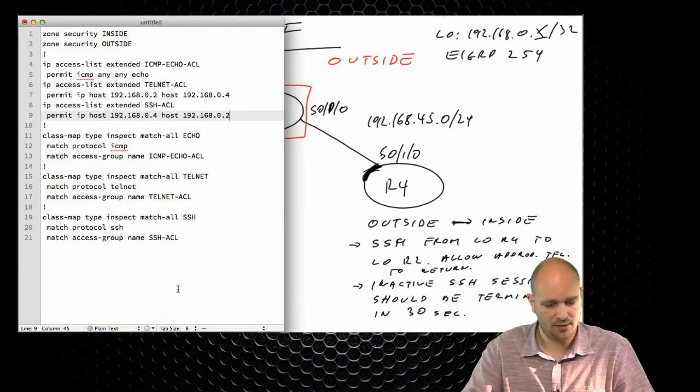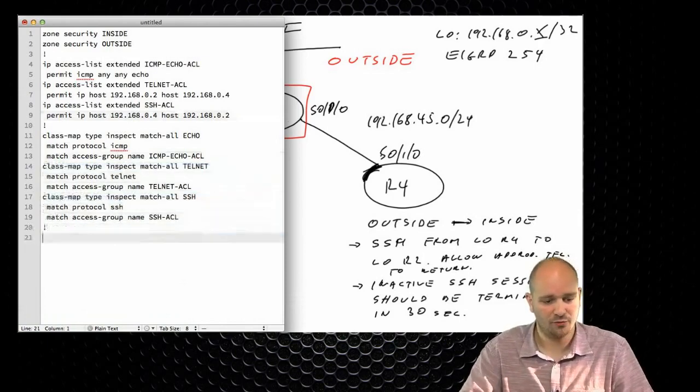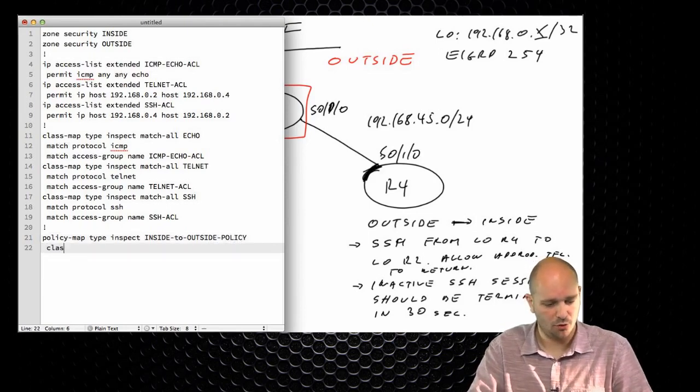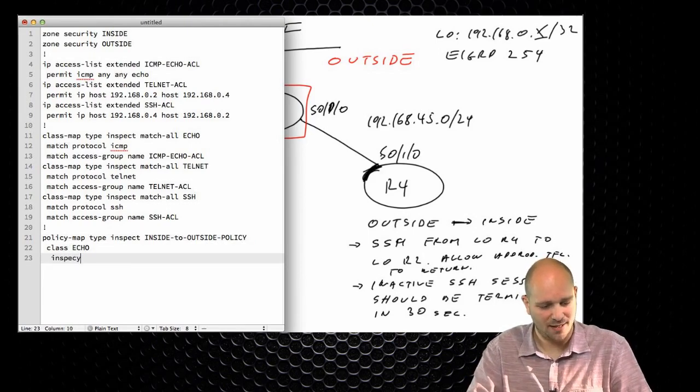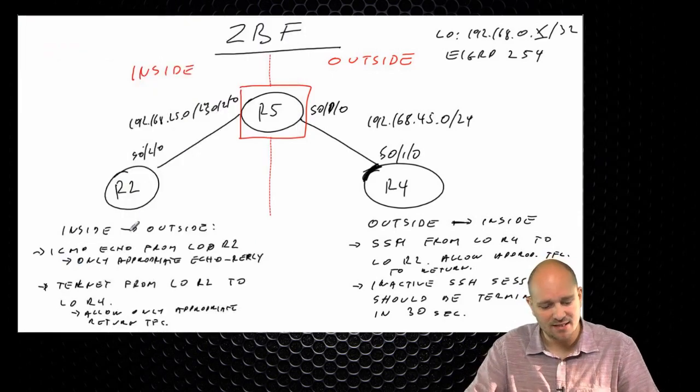So at this moment here, we should have our classes of traffic defined. So now we have to write down the policies. I'm going to have policy map type inspect, let's say inside to outside policy. And here I'm going to have class echo, and I'm going to say inspect. Now, what does inspect do here? It basically takes care of this